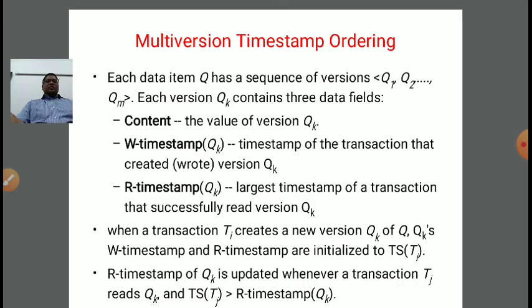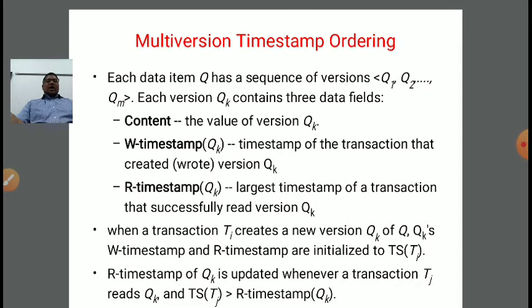What is meaning? The value of the version Qk of particular data item Q is called the content. Next is W-timestamp of Qk, the timestamp of the transaction that created or wrote the version Qk.